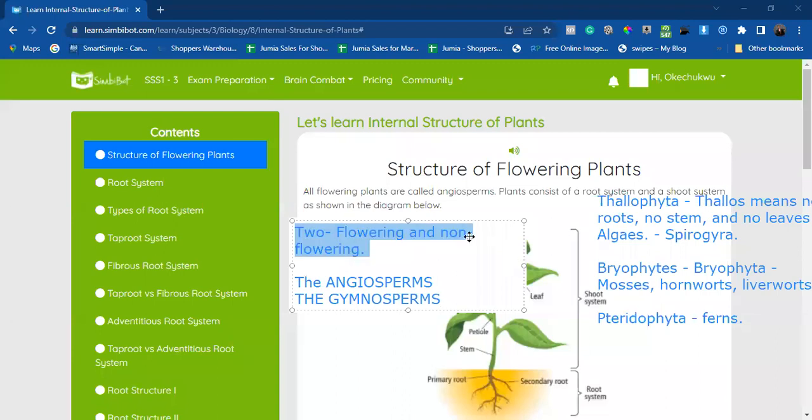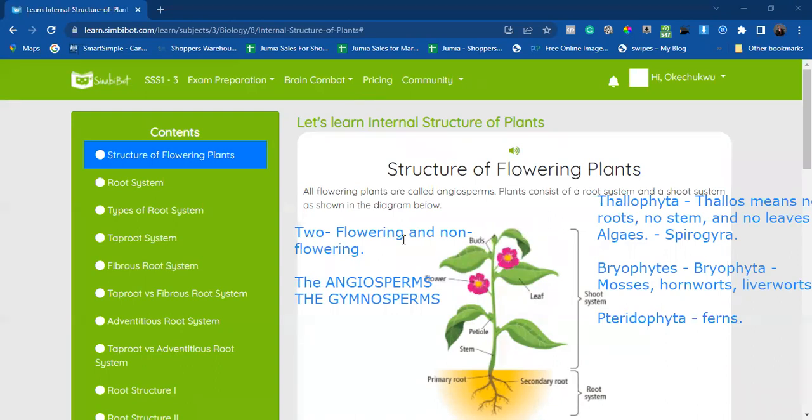From our discussion so far, you'd believe with me that what we'll be looking at today is the flowering plants. So the flowering plants are simply plants that bear flowers. Simply put,